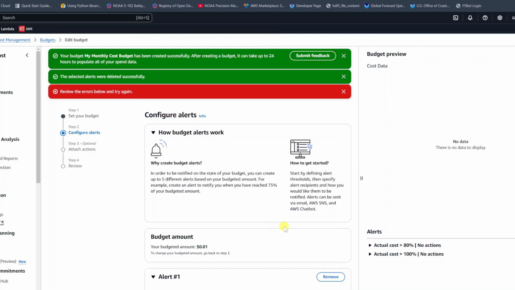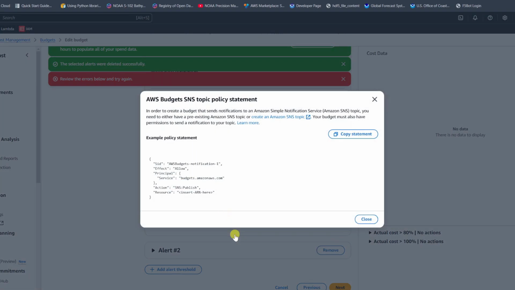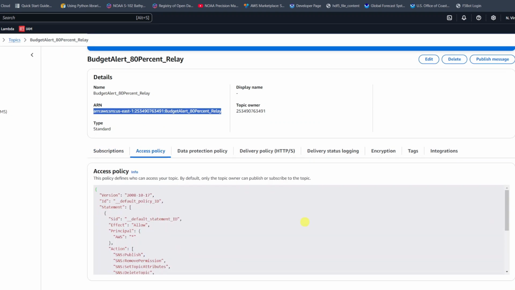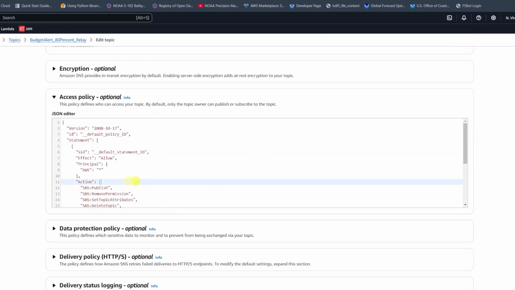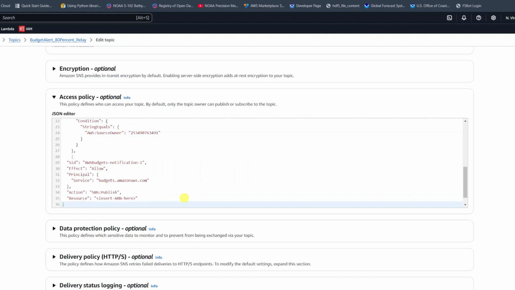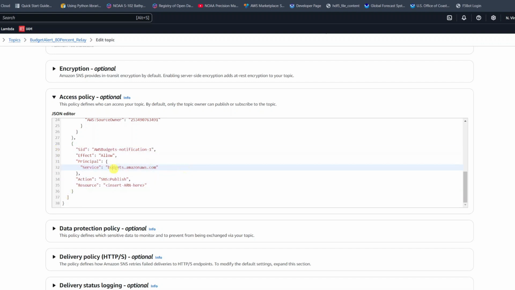We have an error because our topic doesn't have permissions for AWS Budgets to send to it, so copy the statement, go to the access policy of your SNS, and we're going to click edit on the SNS, go to access policy, and down by this curly bracket, we're going to do a comma, and we're going to paste in what we just copied from Budgets, and we do need to go grab the ARN from this topic to allow Budgets to publish to it. So we're going to click save,